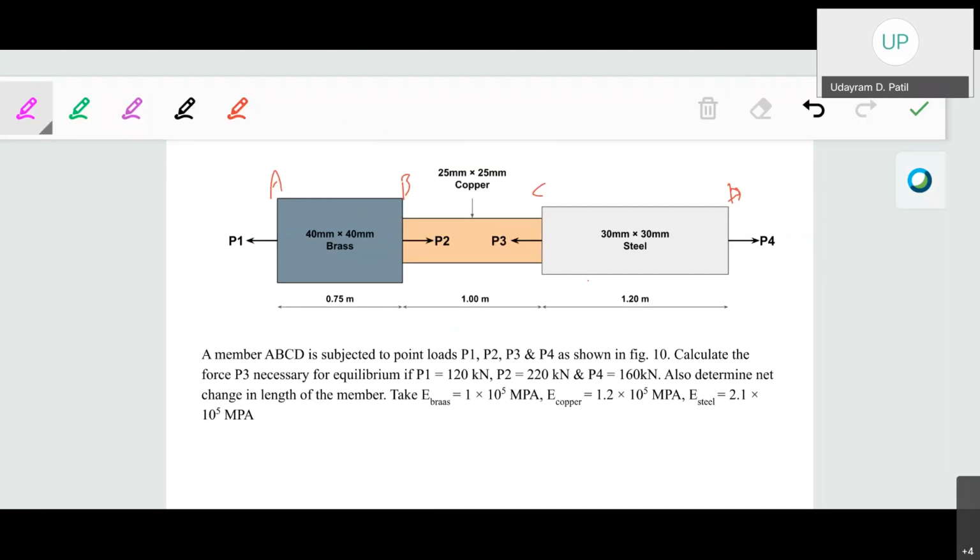A member ABCD is subject to the point loads P1, P2, P3, and P4. The loading is differential. The uniform loading is not there. Different types of loads will be applied at the different sections, as shown in the figure. Calculate the force P3 for the equilibrium, if P1 is 120 kilonewton, P2 is 200 kilonewton,